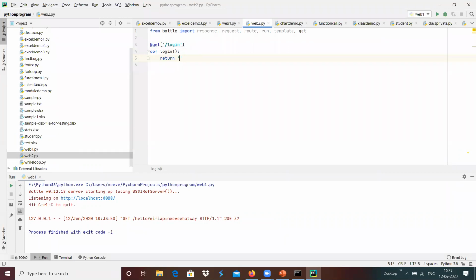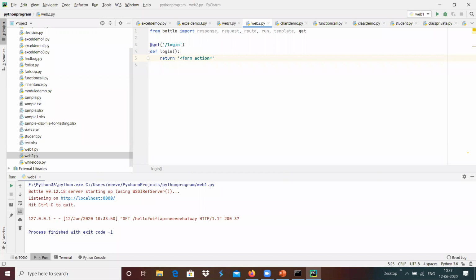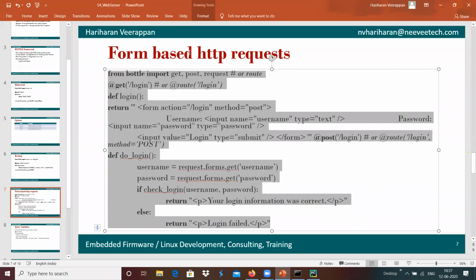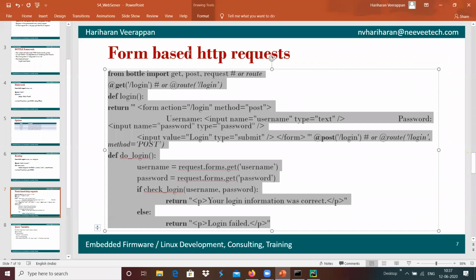I'm going to define a form over here, a form which has the action of login. Slash login is the action for this, and whenever we press the button, it has to post the request.